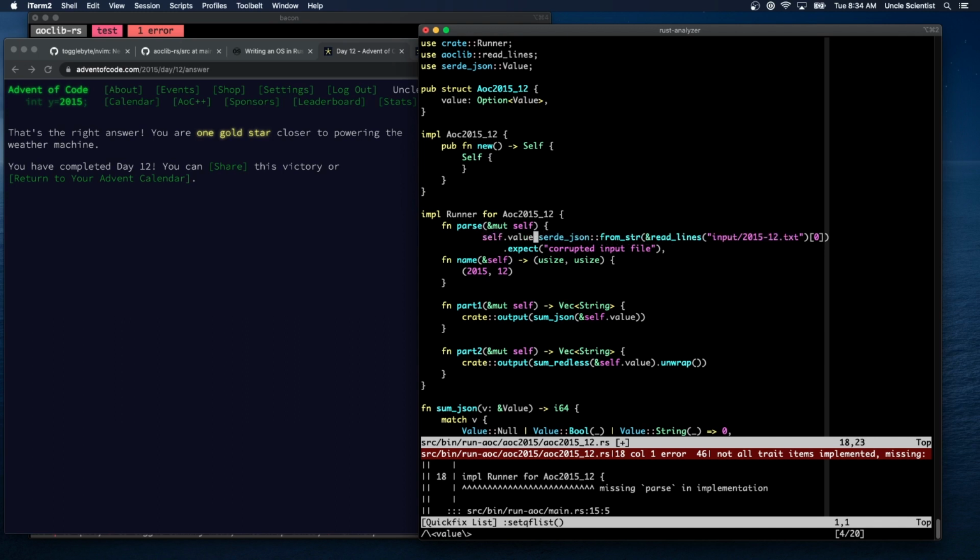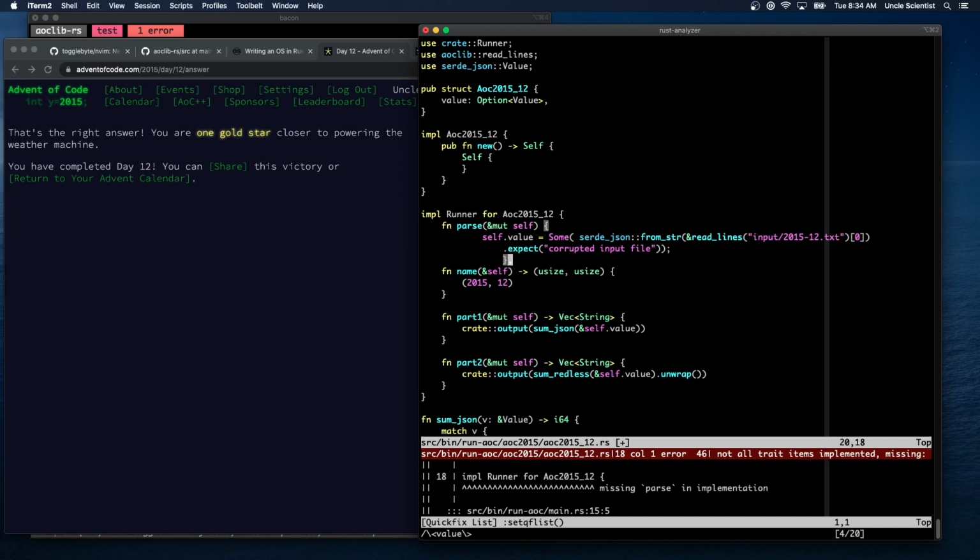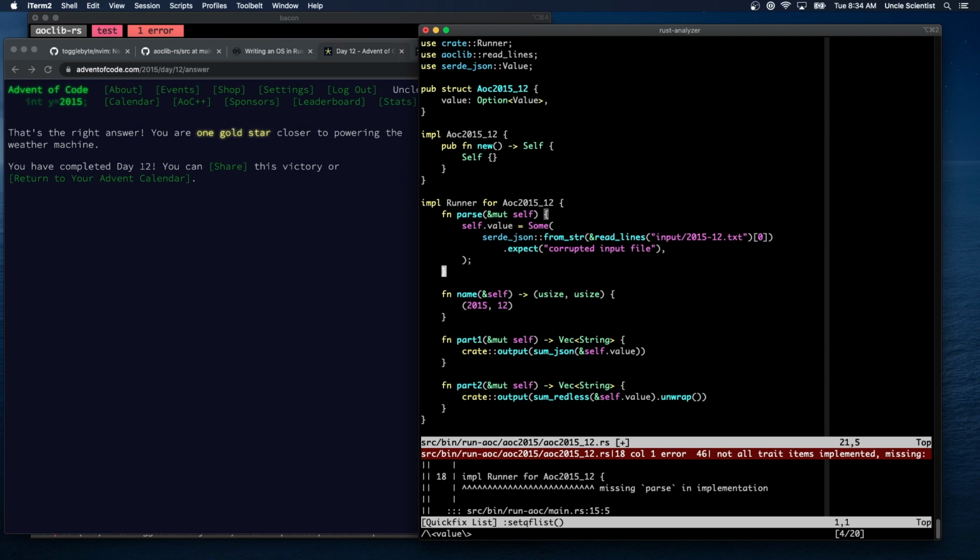Self.value is equal to Some(this). And then here is just value None. And then down here, we just have to unwrap it. It's a little sloppy, but it